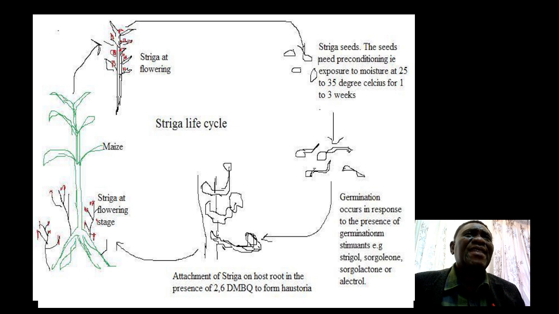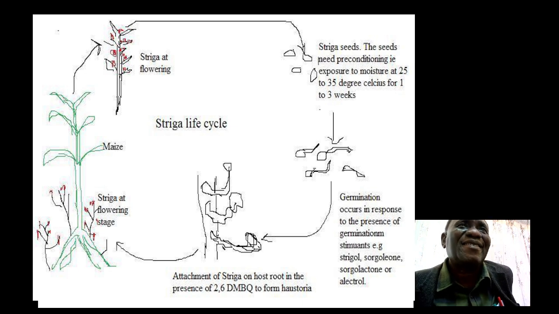Now we can interfere with the life cycle of Striga asiatica, probably here